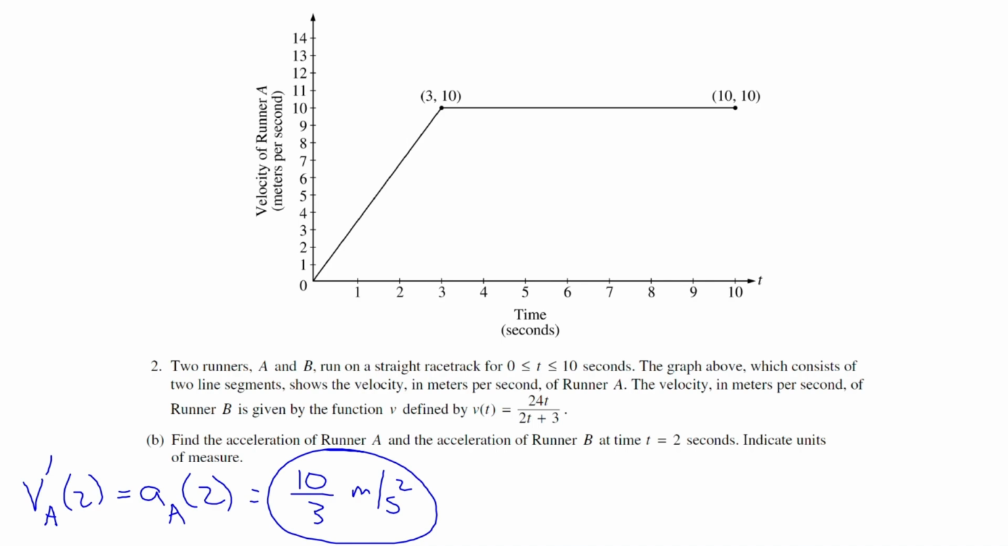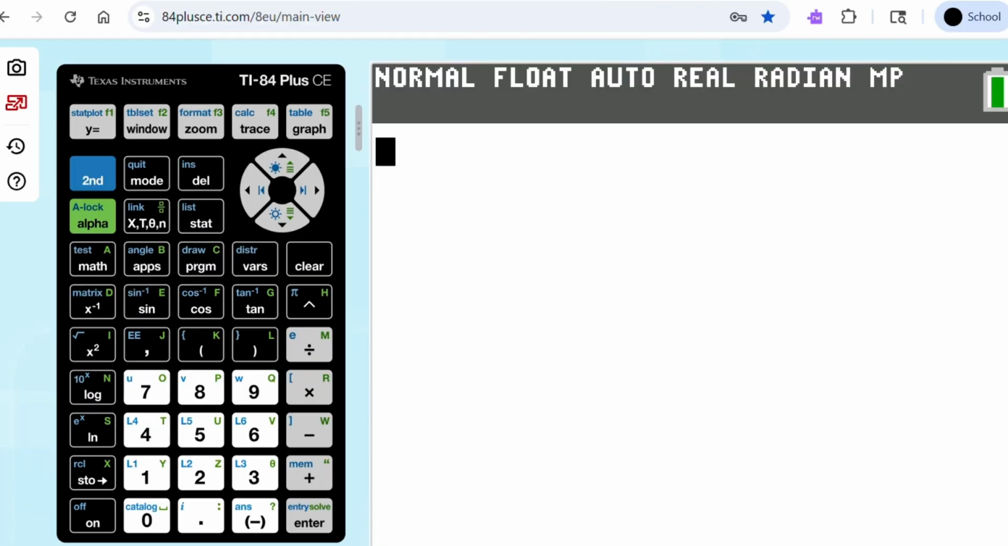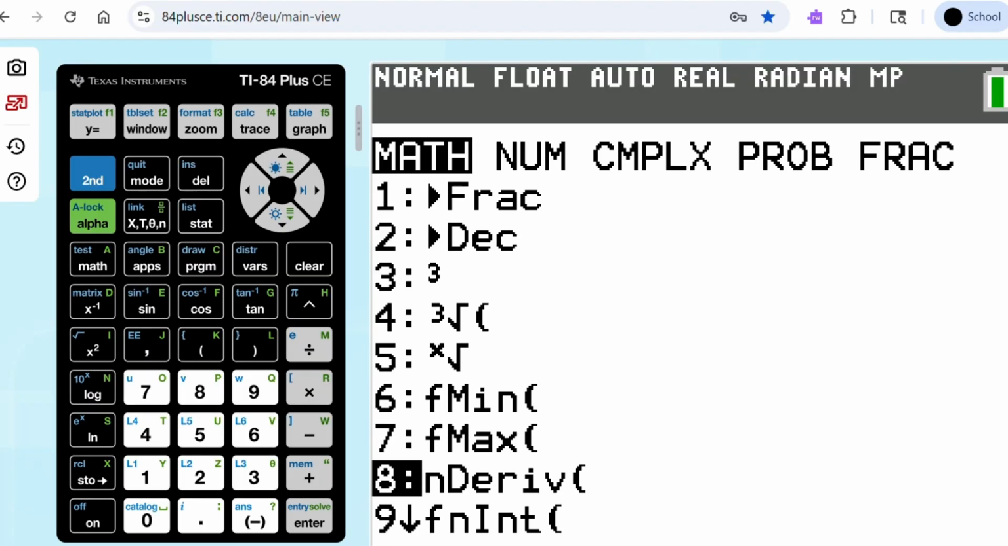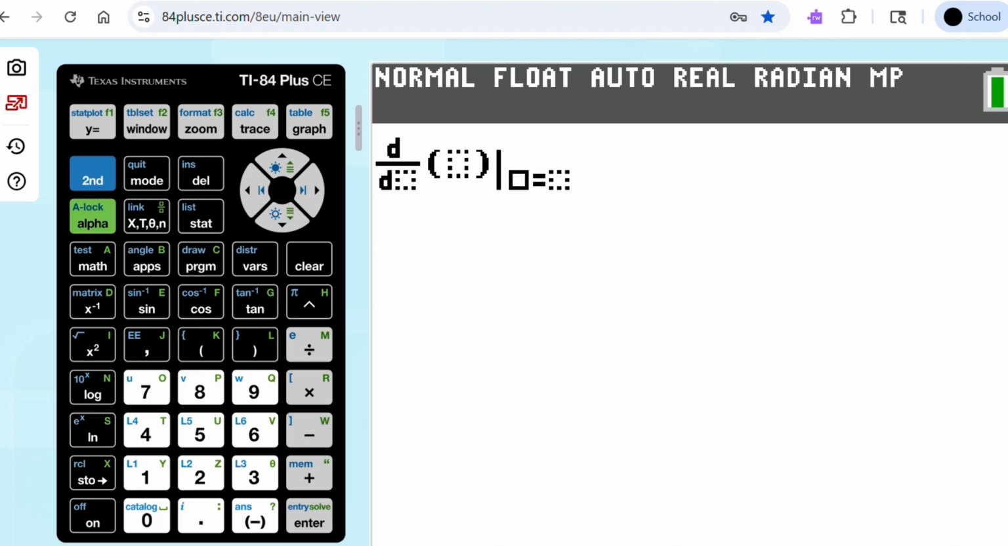In part B here, when we want runner B, well, we're just going to take the derivative v prime of 2 should be a of 2. Okay? And so runner B, and we should probably note that's runner A over here, and runner B here. Well, we can use the quotient rule to take that derivative, but since this is a calculator question, I'm just going to use my graphing calculator here. I'm going to hit math, and I'm going to go down to option number 8, and I'm going to say I want the derivative of that function, which was